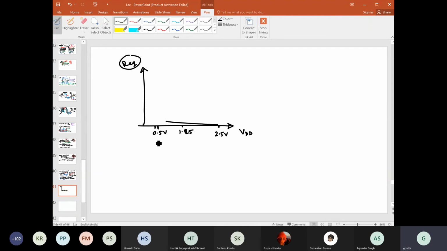But as you are coming closer to the threshold voltage of this MOSFET, you will see a significant rise in the equivalent resistance. From here you can understand one thing: once you have a VDD value which is quite higher than the threshold voltage, the equivalent resistance offered by the MOSFET is almost independent of VDD, right? But when you are coming closer and closer to the threshold voltage, and even if you make VDD lower than this, then the resistance offered by the transistor will increase drastically, right?